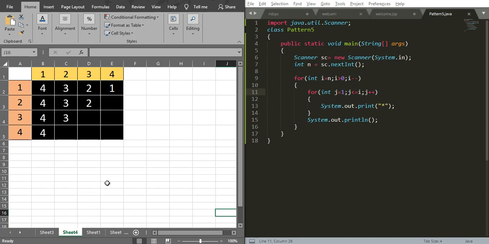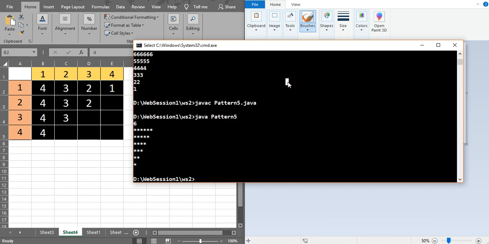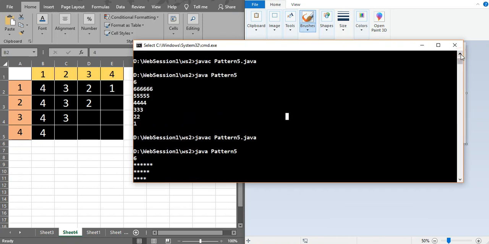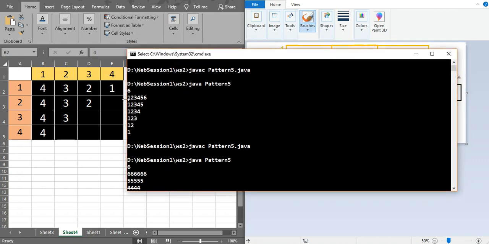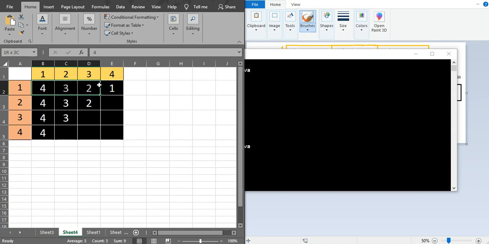Here, let me take the output screen. In the last program we printed in ascending order, but in this program we are going to print the numbers in descending order.